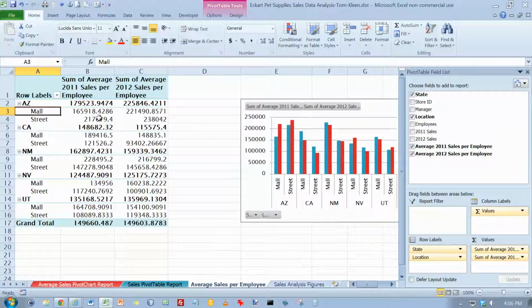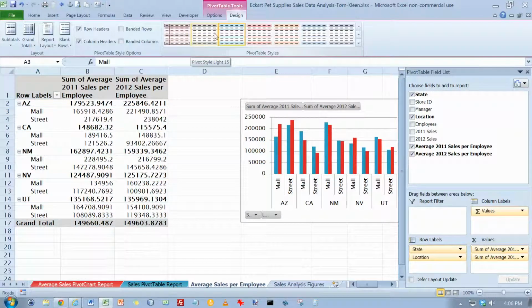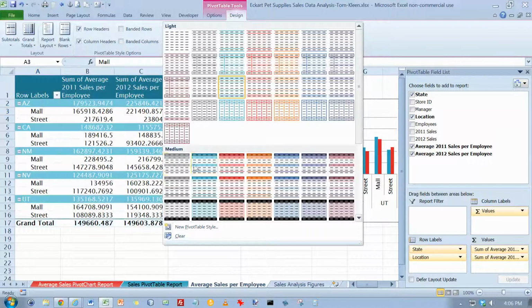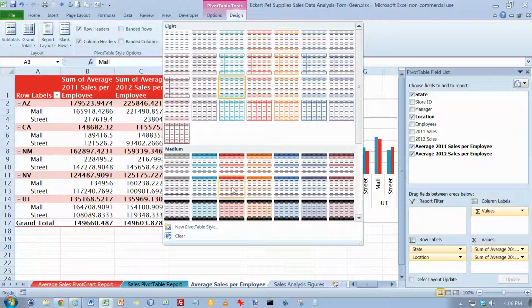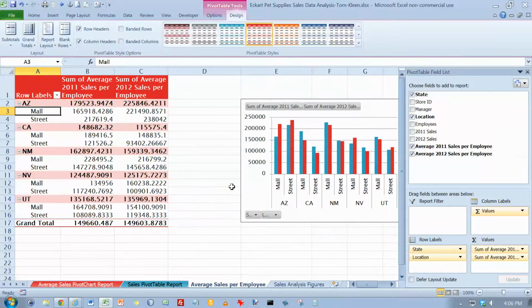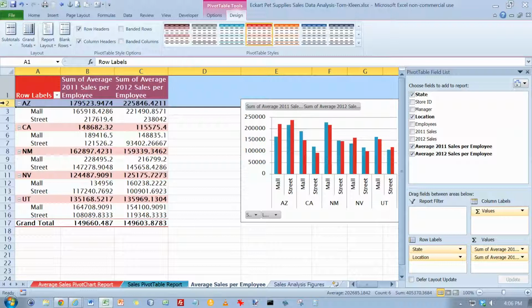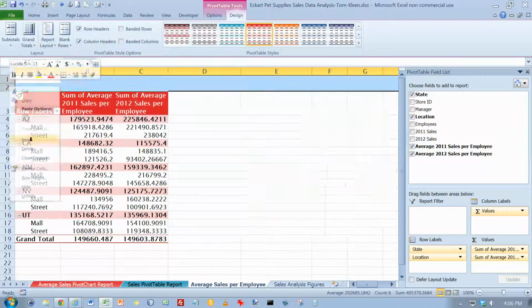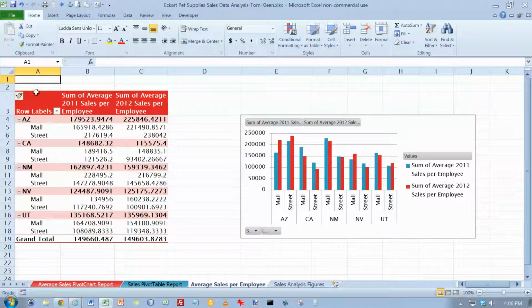Go to cell A3 and click Design on the ribbon, and we want Pivot Style Medium 10. So let's click on the down arrow here, and we want medium, and it looks like 10 might be this one right here. Yep, that's number 10. And now we're on the top of page 534. Insert two blank rows above the pivot table. So if I select two rows here and right click and do insert, I will get two blank rows up above. And in cell A1 we want to type Eckert